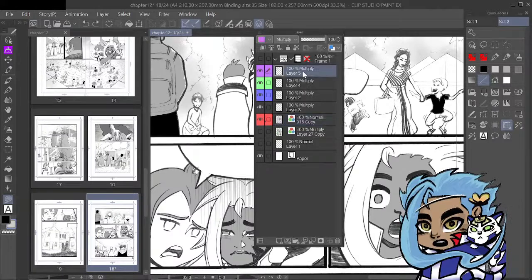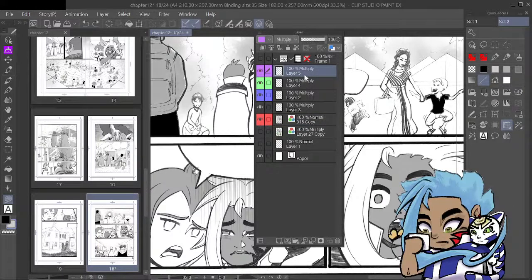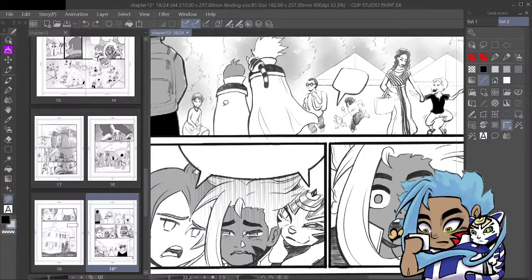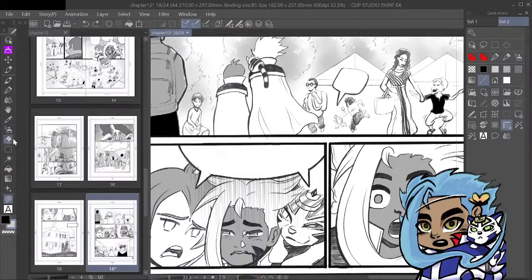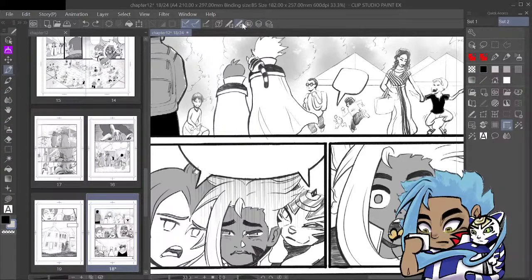Let's see, what layer am I on? Actually, I would rather have something different for this, now that I think about it.